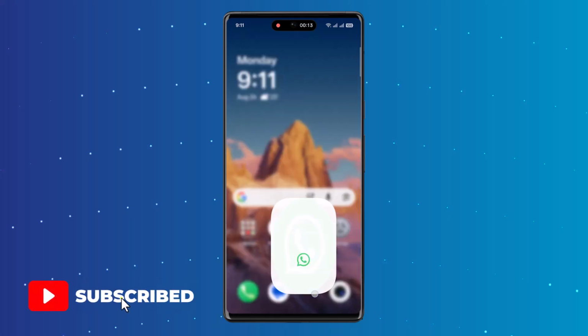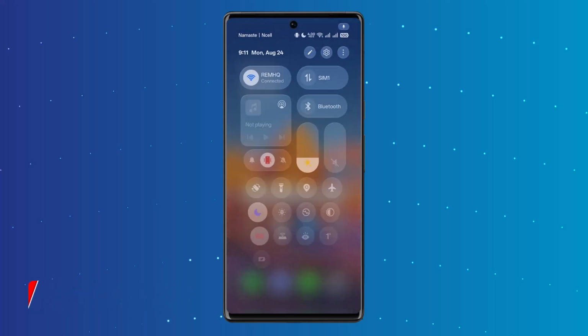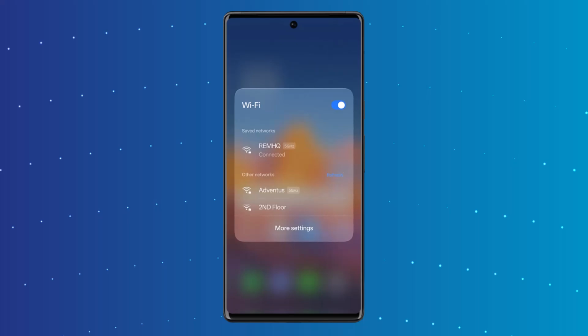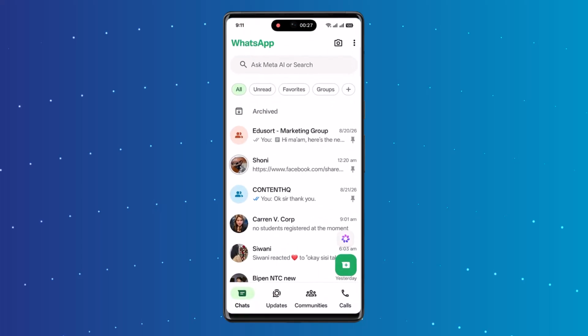So first, on your primary device from where you're trying to link the device, make sure that the internet connection is quite stable. If you're using Wi-Fi, you can try to switch to cellular data or vice versa. So the first thing is that you need to make sure it is the primary WhatsApp from where you're trying